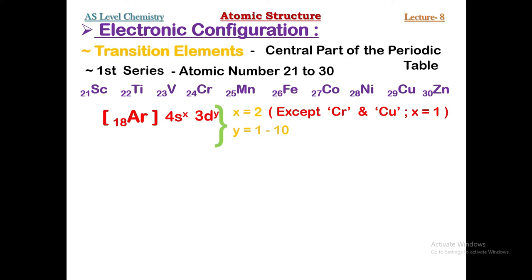I am going to write down electronic configuration for scandium, Sc21. So you can write scandium 21 is equal to Ar18, 4s would have 2 electrons, while 3d would have 1 electron. This is the simple electronic configuration of scandium. Now in the exams, if you are asked to show the electrons in boxes configuration for this scandium, then you can show only for 4s and 3d, because argon is a common noble gas for all these 10 elements.